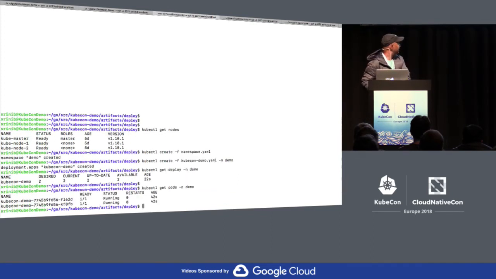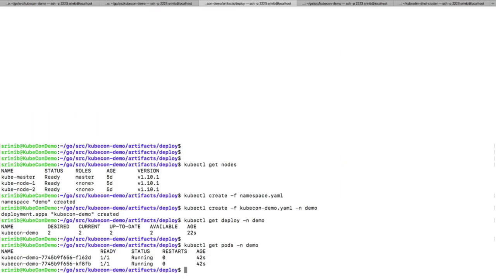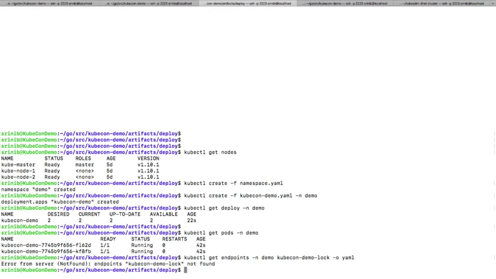Cut and paste is always difficult between windows. So there are 2 pods that are 2 instances of that custom controller running right now. And like Morgan said, they are using a lock mechanism to elect a leader. And we can see the,